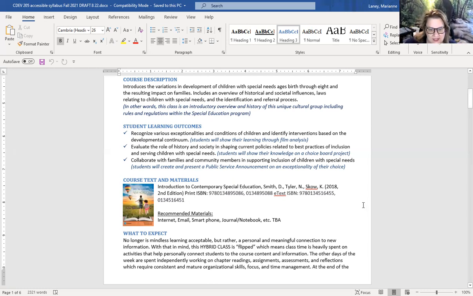This is our book. I'm hoping one day to have an online book, like a free book, but we're still using this. Please get it. You can get it in hard copy. You can rent it. You can get it in electronic copy. I get mine from Vital Source. It's an online program, and I bought it. I forgot what I paid, like a lifetime access, and then I can make notes on it. I can print it out, however the medium works for you, whatever works in your budget. It's a pretty good book.